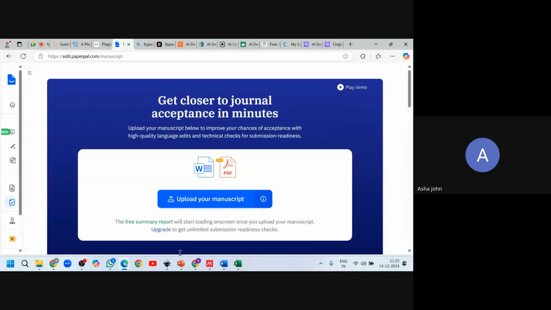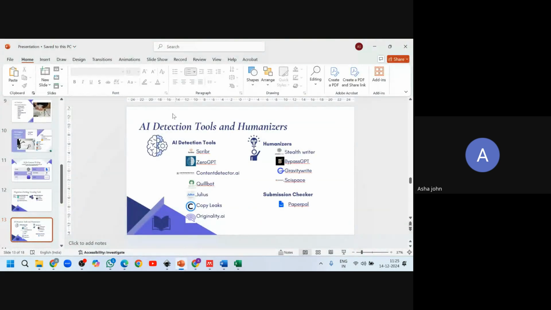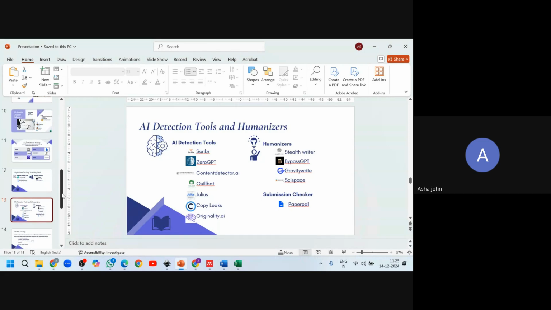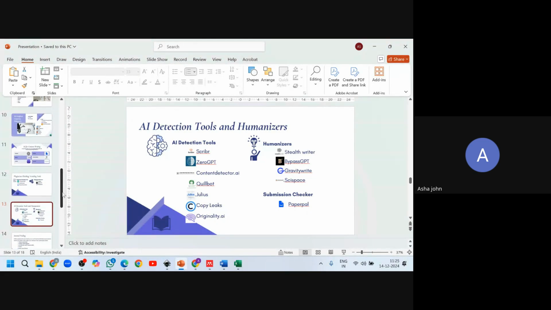So once you have completed the complete paper, so you have found the literature, then you have made all the graphics, then you wrote the content and corrected it using some AI, checked for plagiarism, removed the plagiarism multiple times using the AI tools you have, then you checked for AI detection, and then you made all the necessary corrections that are required.